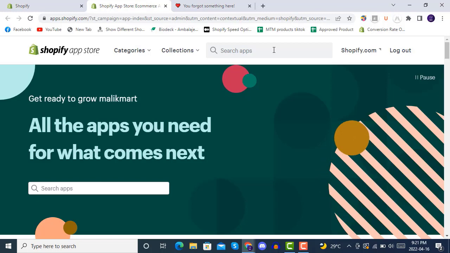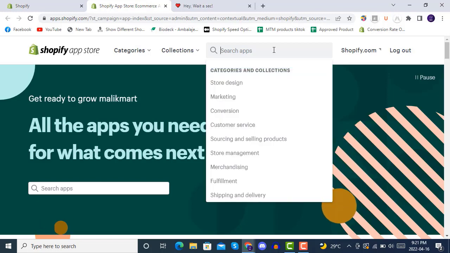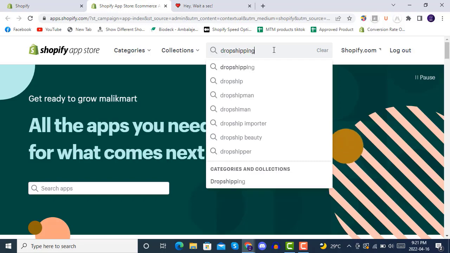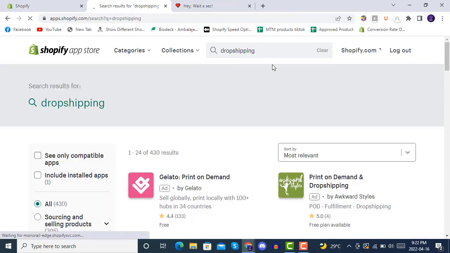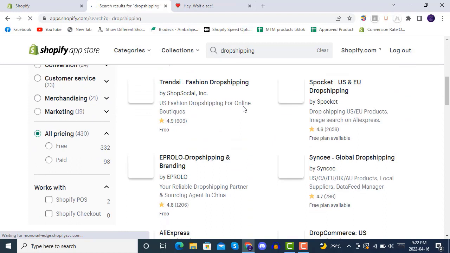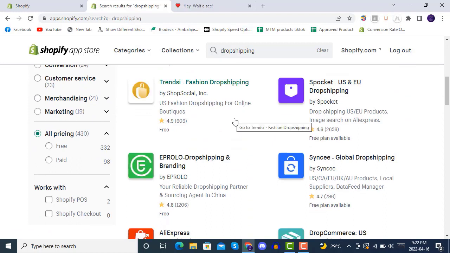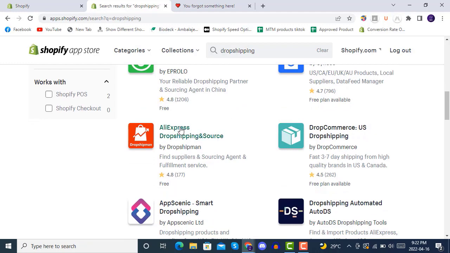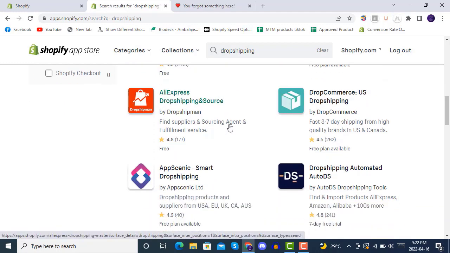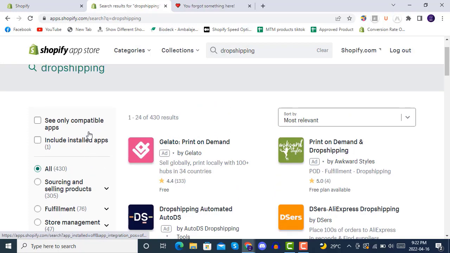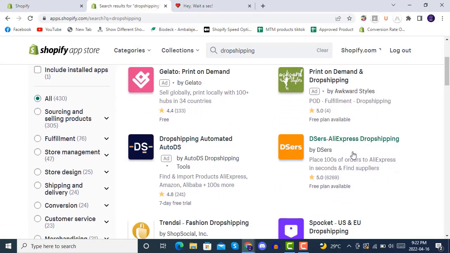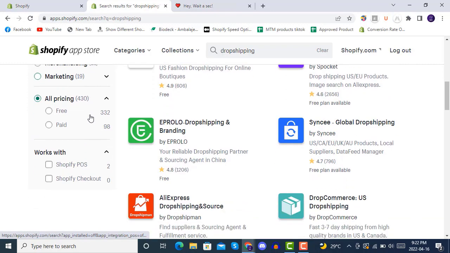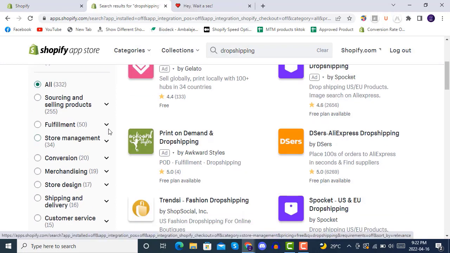just go to the Shopify app store, and here try dropshipping and search for it, and then you'll see the top dropshipping providers like this. Here you see Pocket, OBERLO, and then Global Dropshipping, Aliexpress Dropshipping, and so on. So I will recommend OBERLO first, and then you can also go for DSers. Also a good option. You can make it like here, go with all pricing free, filter it, and then